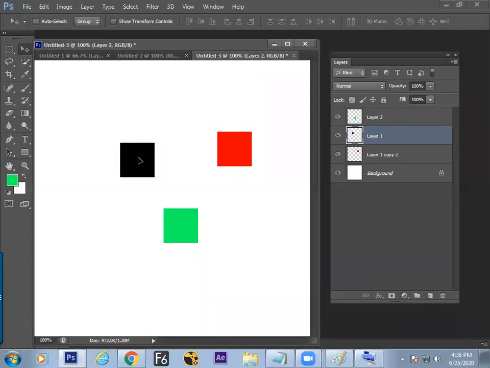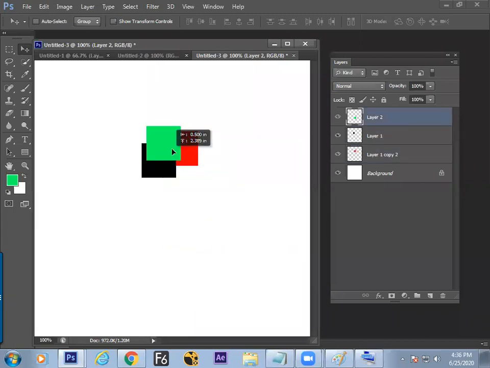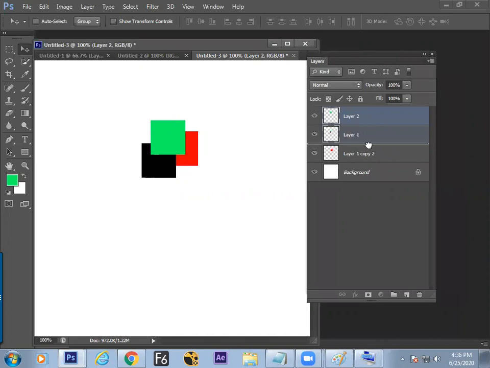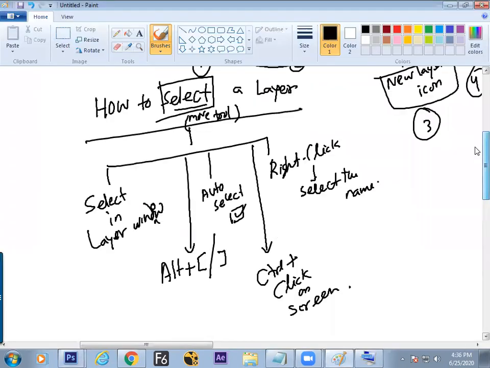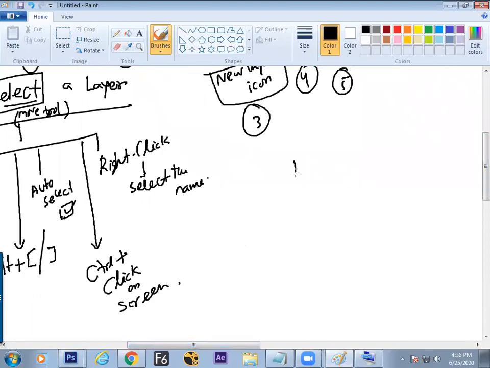So here we have seen how to make different colors and place them together. On screen you can now find the layers are one above the other, and we can drag the layers in the layer window and drop in between the two layers to make the arrangement. So we have understood now how to move the layers one above the other. So what is the topic going on now? How to move the layers, movement of the layers. But the movement here is arrangement, or you can write ordering.